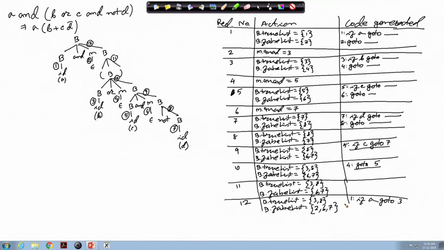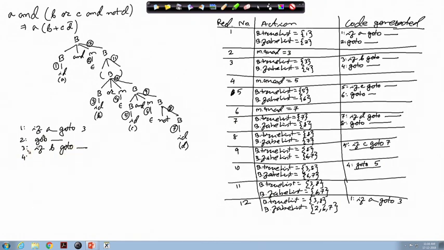So you can just write down the final code that is generated. The overall code that is generated is like this. At index 1, we have if A go to 3. At 2 we have go to, and this is not yet filled up. At 3 we have if B go to, not yet filled up.